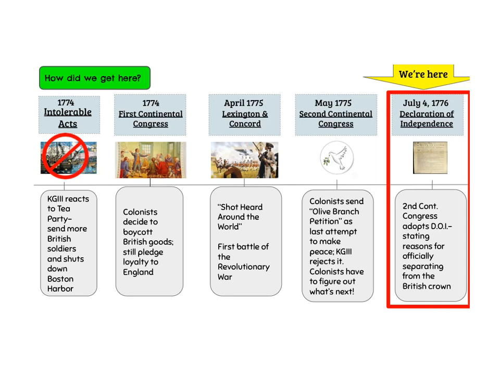So let's start off with a little review and answer the question, how did we get here? How is it that on July 4th, 1776, a group of colonies decide to be free of Great Britain and to take one of the biggest risks in, honestly, the history of the world and fight for their independence? So we studied that after the French and Indian War, Great Britain started to tax and impose a lot of economic sanctions on the colonies to pay for that victory in the French and Indian War.